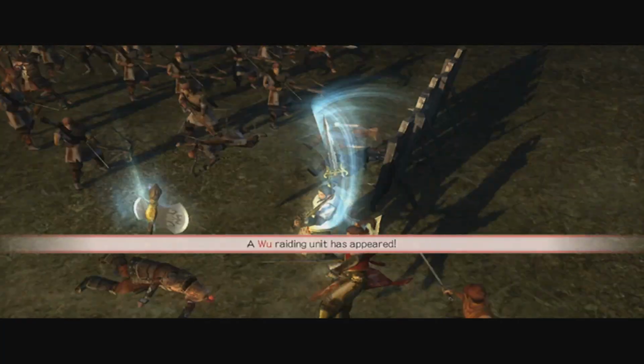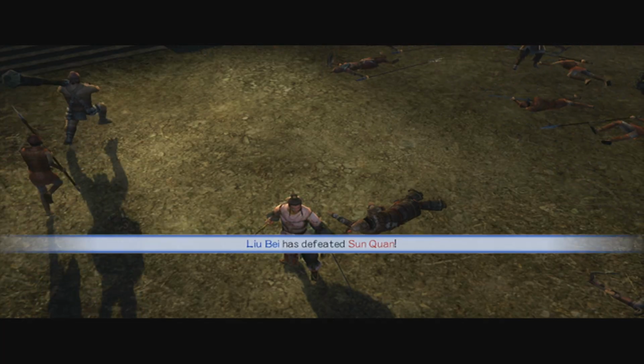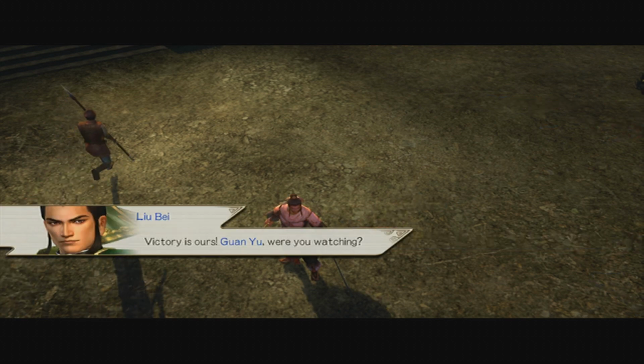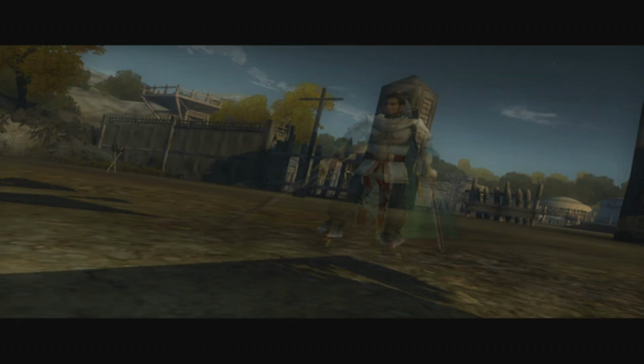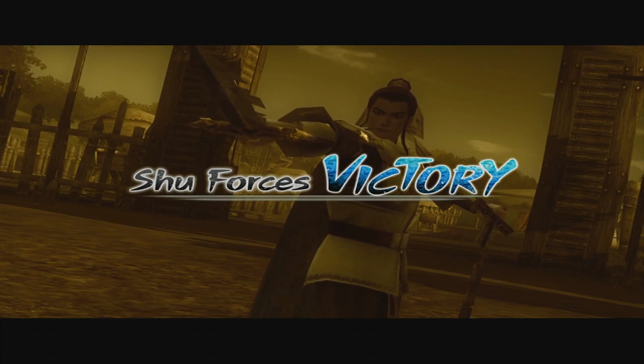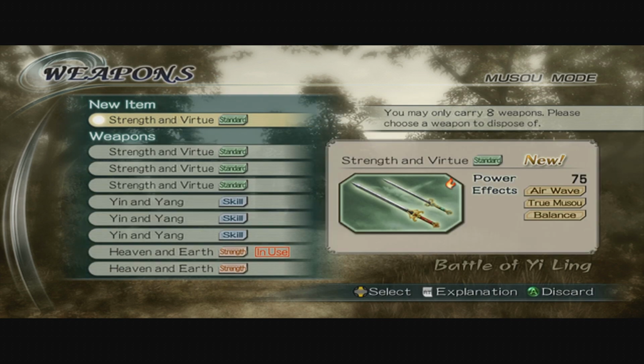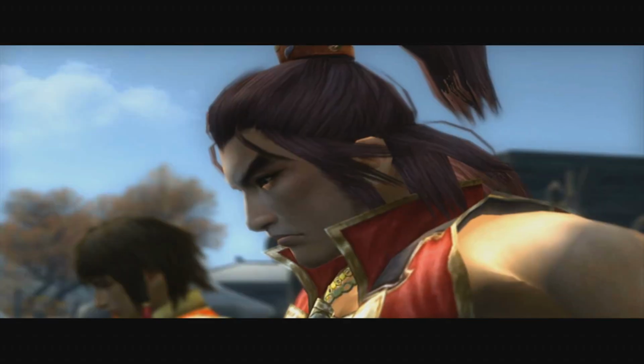Now step back and let me handle this. The fates have chosen you, of all people. Those who stand in the way of virtue shall fail. Victory is ours. Yuan Yu, were you watching? This victory is thanks to everybody's efforts. Why do you show me no...